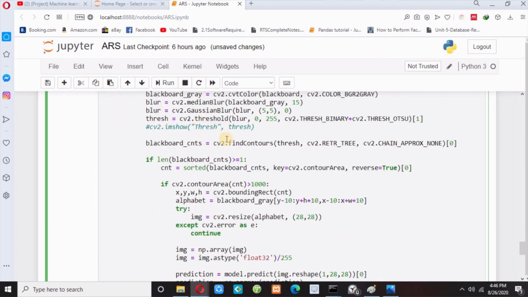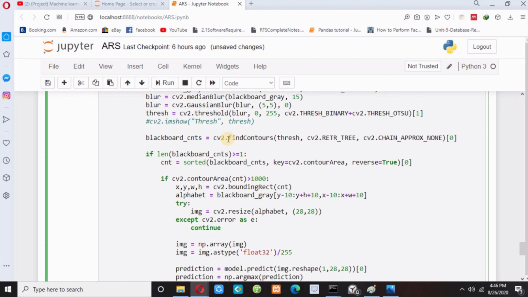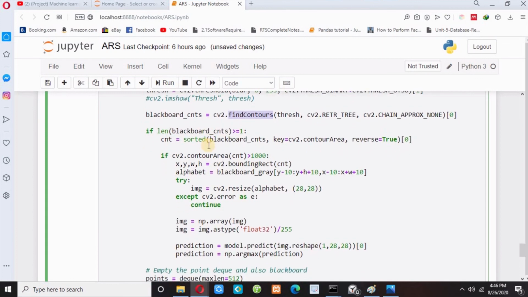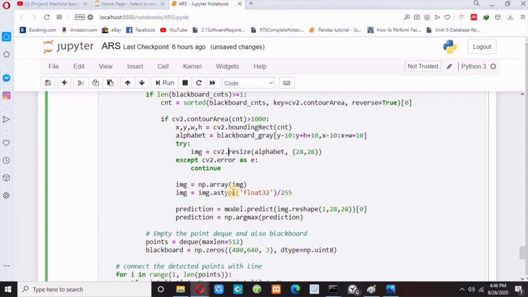So guys, in this part 3 we have found contours in our blackboard, and then if it finds a contour, we need to extract the alphabet, and from that alphabet we resize our alphabet, and then we predict our alphabet from our model.